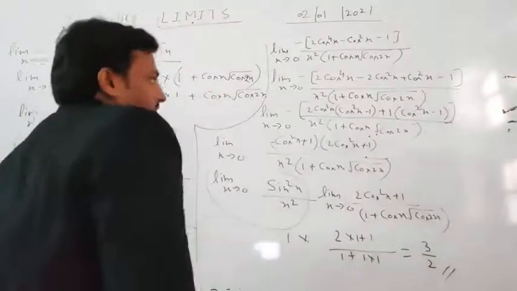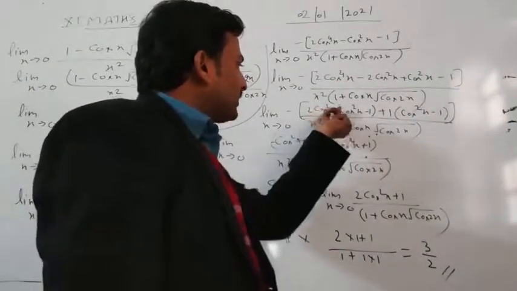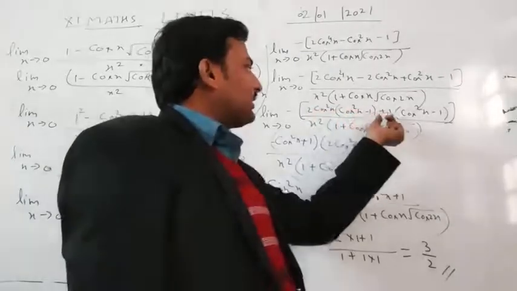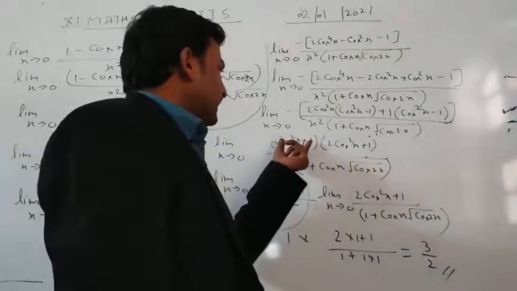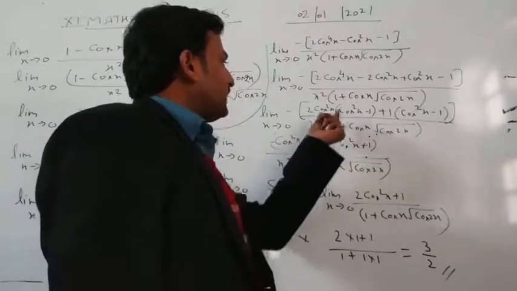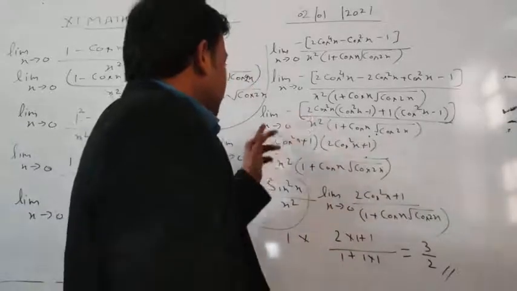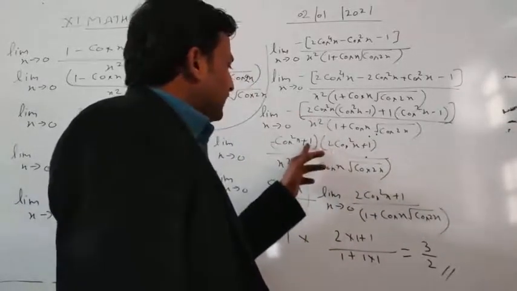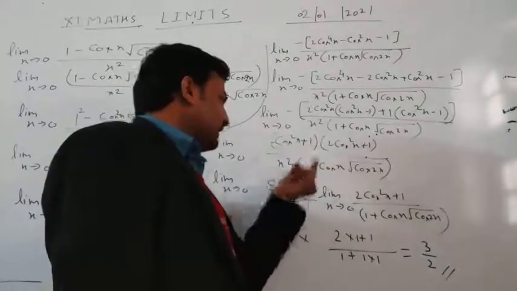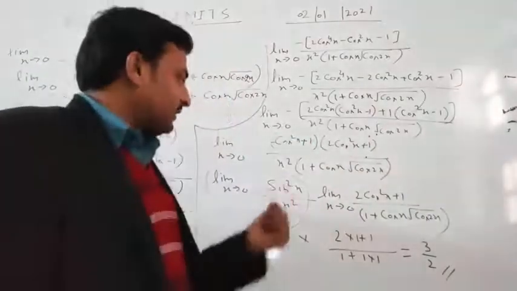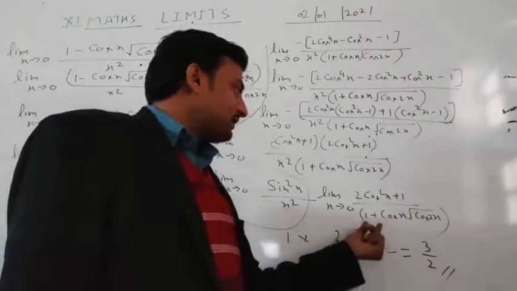Okay, and still we are factorizing, taking common here 2 cos square x, getting (cos square x minus 1) plus (cos square x minus 1). So in the first bracket cos square x minus 1 and 2 cos square x plus 1. Here is a negative sign. When we send the negative sign inside, our sign will be changed. It will be 1 minus cos square x, and this can be written as sin square x, and this is our x square, and this part is the same.